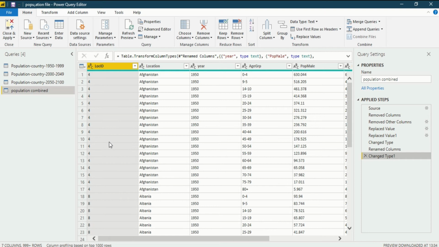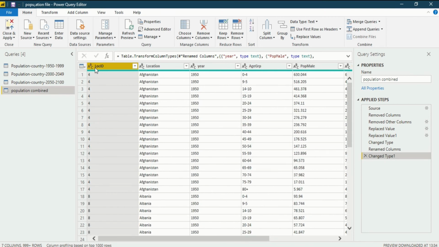Now the question arises, why do we need to format our data? It's because Power BI desktop doesn't know what data you have entered. You have to tell the Power BI desktop whether it's a whole number, a decimal, or what type of data you have entered. Because for now, as you can see, Power BI desktop has checked every column for a text format. So how do I know that?